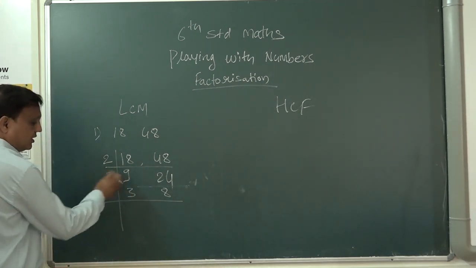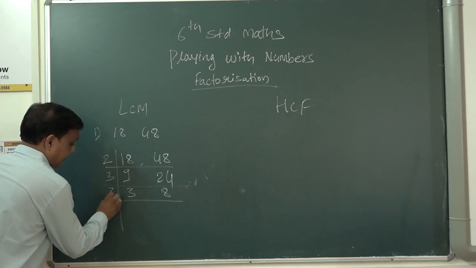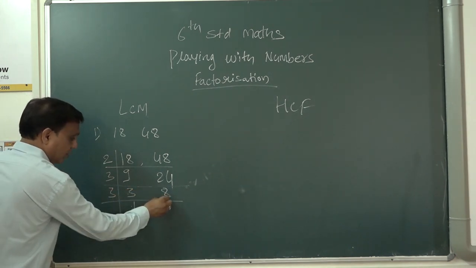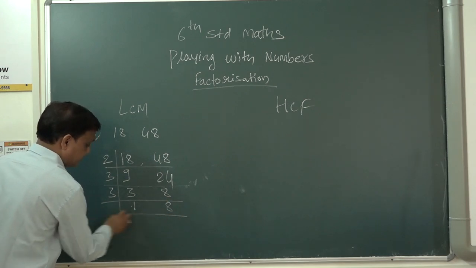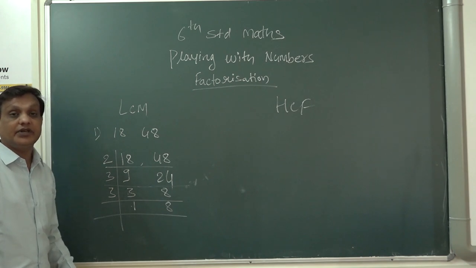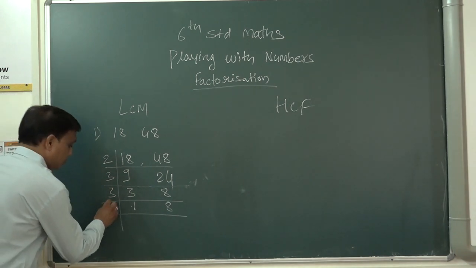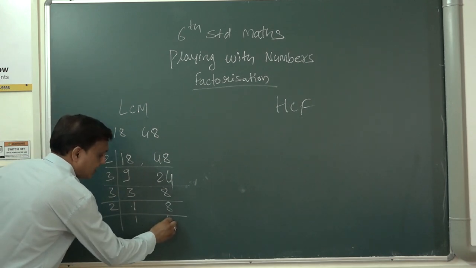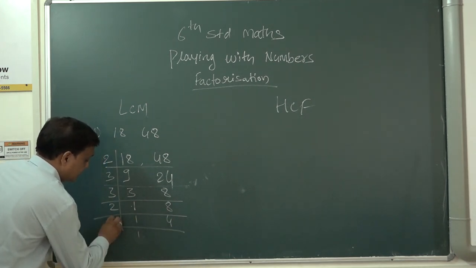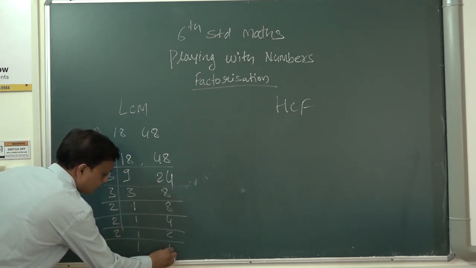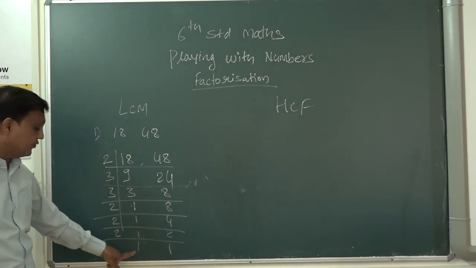So first we will complete this number. 3 1s are 3. In the 3 table 3 is coming, that's why I took 3 1s are 3. 8 will not come, so you have to write here 8 as it is. Now the 8 will come in which table? It will be coming in the 2 table. So this work is over. So you have to put here 1 as it is. Now 2 4s are 8. Again this is over, 1 as it is, and this is 2 2s are 4. Again 1 as it is, 2 1s are 2. So still you will get 1, 1.